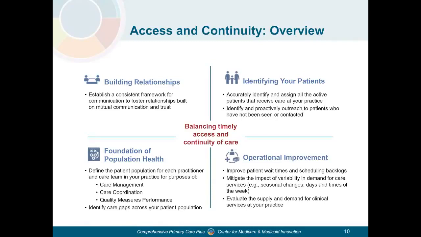So we use the term better balancing timely access and continuity of care for your patients very intentionally. Working to balance the tension between expanding timely access and managing the ongoing processes to ensure continuity for patients is at the very core of the delivery of comprehensive primary care. It may seem counterintuitive, but there really is often a tension between improving access for patients and improving continuity of care for patients. That is, many strategies to improve access may impair continuity, and many strategies to improve continuity of care and relationships may come at the cost of access.